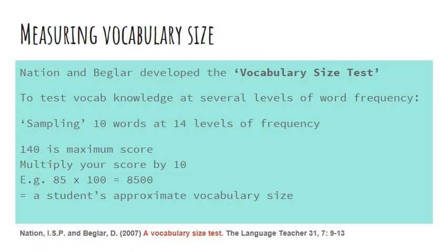So how do you know how many words a student knows? I mean, you can't go into the mind and count them. You can't ask the student to write them all down on paper. So obviously you use an instrument, a testing instrument. There's all kinds of discussion about what's the right way to do it. Nation and Beglar's way is to sample from each of the 1,000